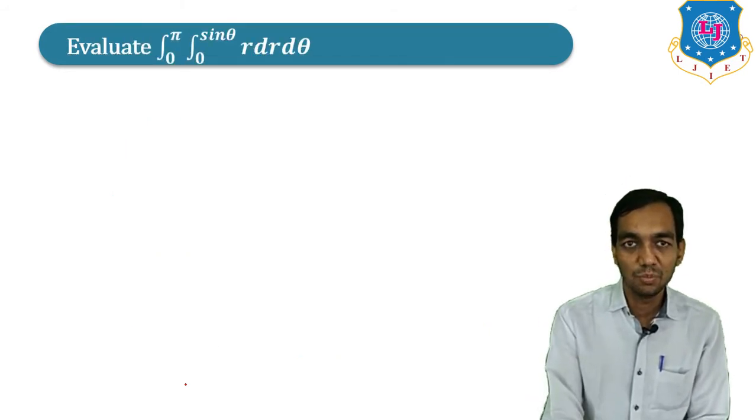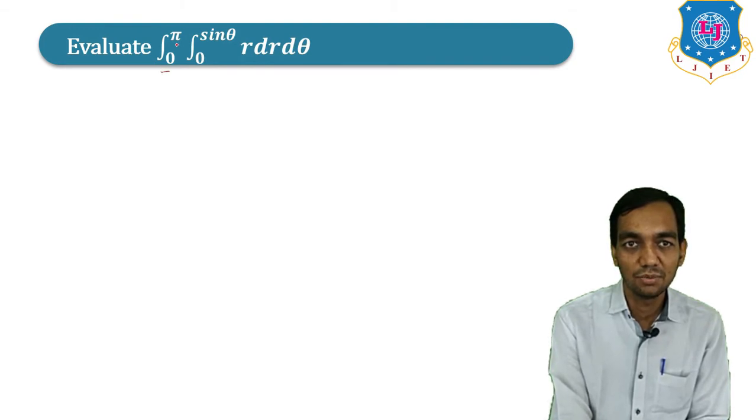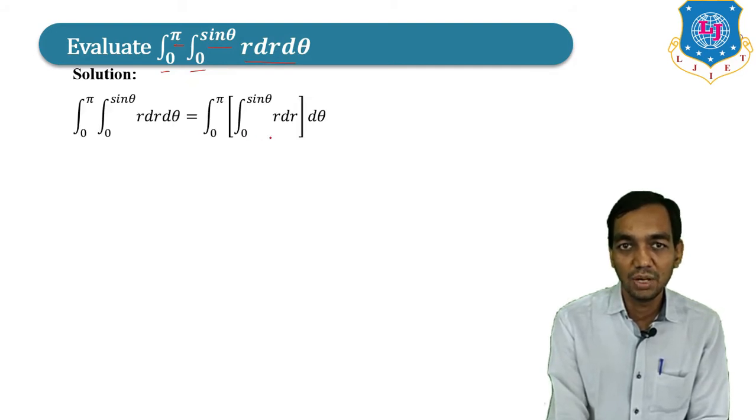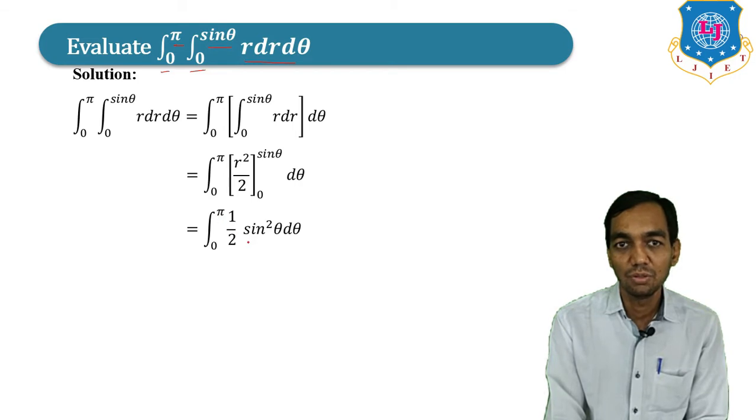Now, the second example we have taken: limit is from theta is equal to 0 to theta is equal to pi and r is equal to 0 to r is equal to sine theta. Now see here you have a variable limit, and since theta appears, that means it is the limit of r, and function is r dr d theta. So first you have to integrate with respect to r. So r has an integration r square by 2, correct? And putting the limits, that will give you sine square theta upon 2.